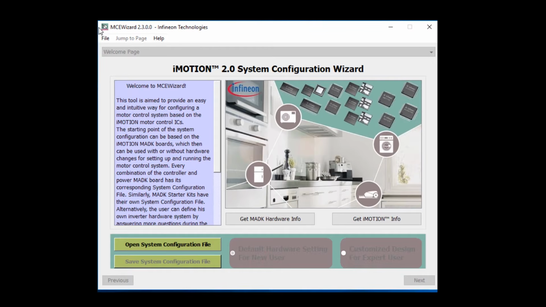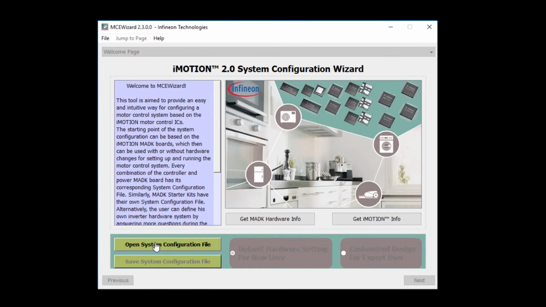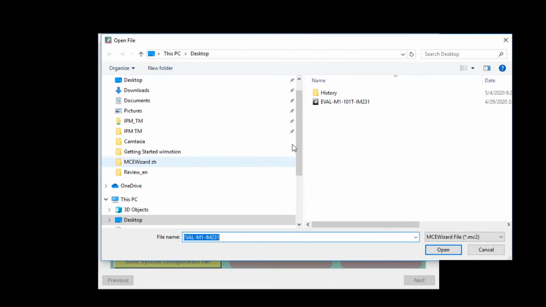First, we'll begin by opening MCU Wizard. The tool will open to the welcome page where you'll do one of 2 things. Either you will create a new system configuration file for your controller using a parameter template, or you'll open a system configuration file that you downloaded from the MADK webpage. Since I am using MADK with my design, I will be opening the .mc2 file for this evaluation board controller